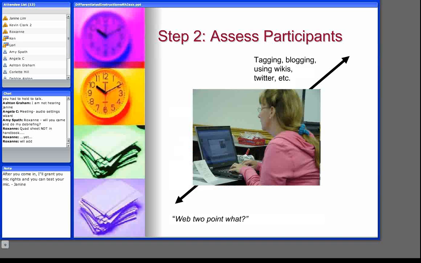And you have the people that are like Web 2. What? All the way to the people that are already tagging, blogging, using wikis on Twitter, and so on. So again, variety of skills. What is it that everybody needs to get out of it? Where is it that you can say, okay, you're really interested in this, go work on this. And somebody else are like,